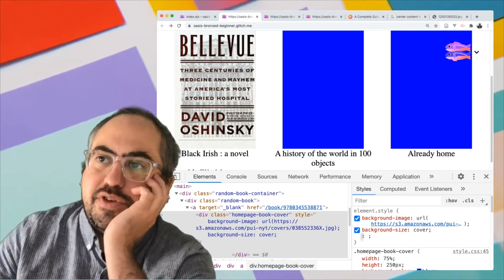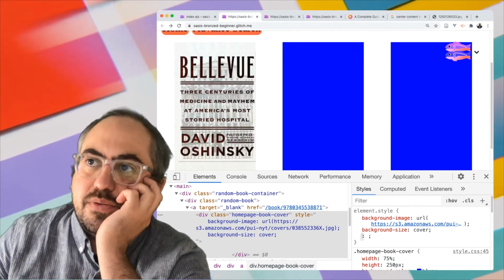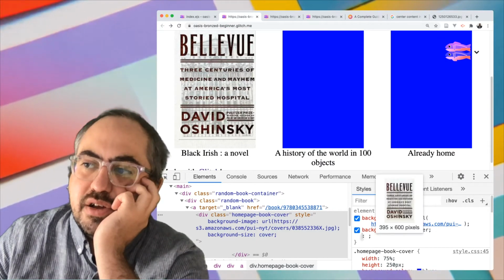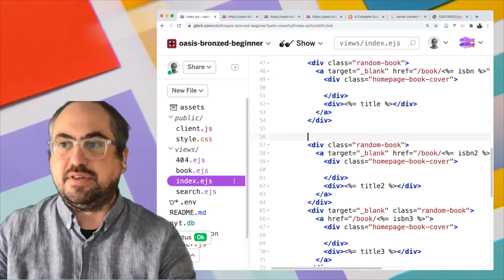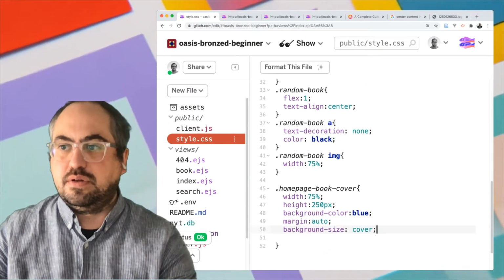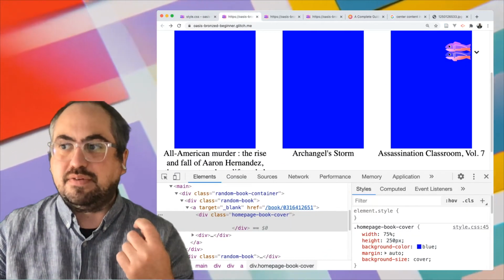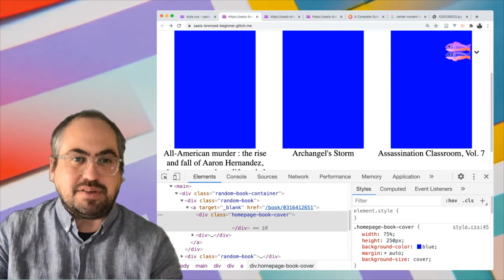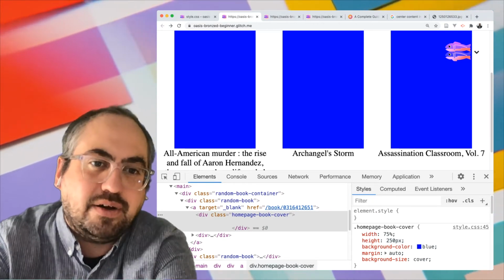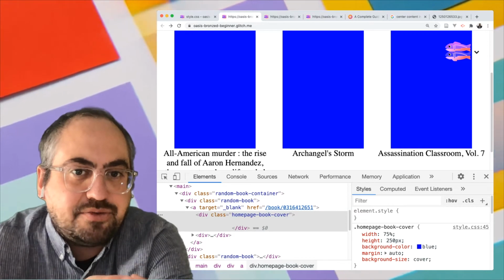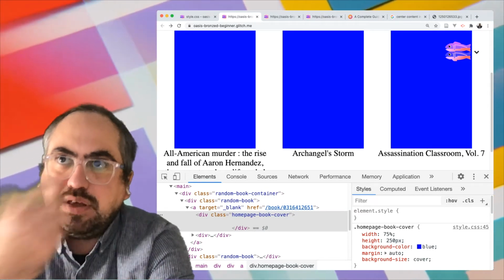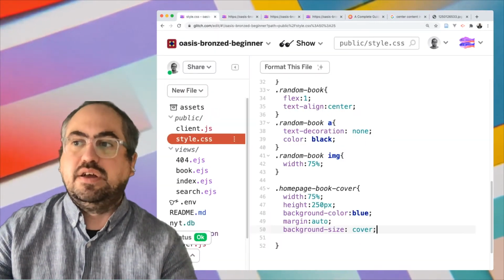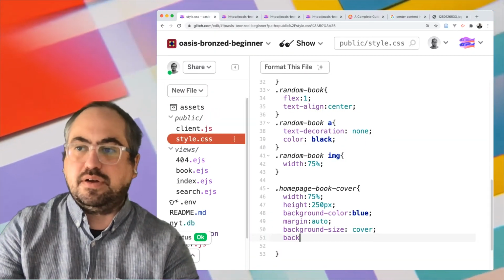And then we want to do it for the other two, right? And so the problem we have here is that this one can definitely go into our style sheet, right? This can live in our style sheet. Let's put it in there now. But if we think about the background image and the URL, that's unique for each page, right? That's unique for each item. You can't put that in the style sheet, right? Because if you put this in the style sheet,